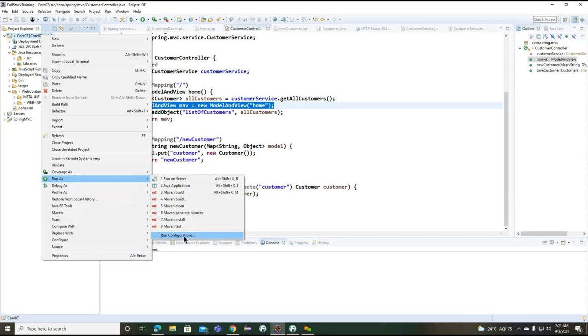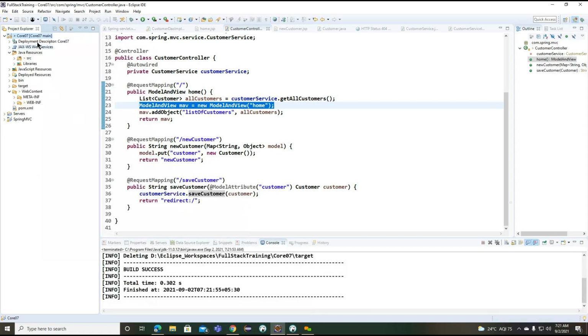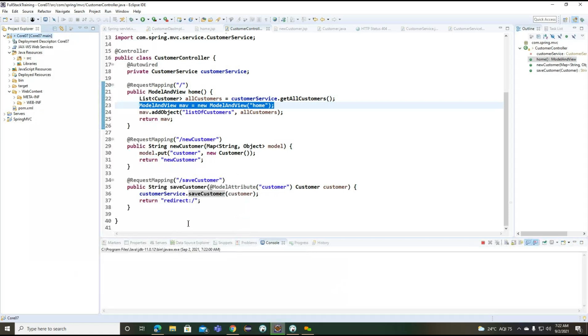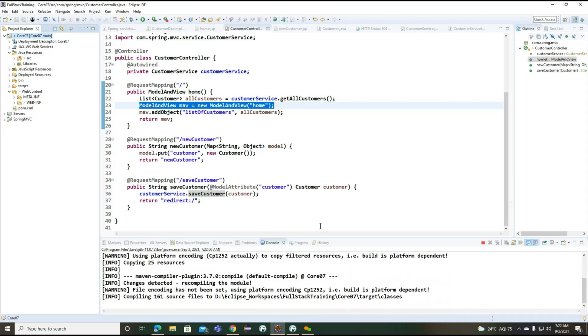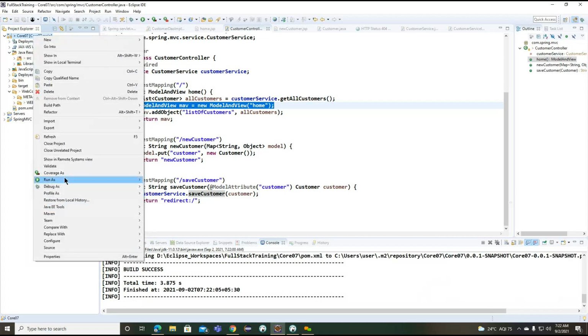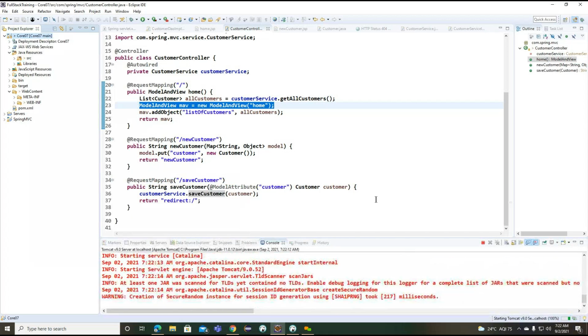So again, I need to clean here. Run as server here.